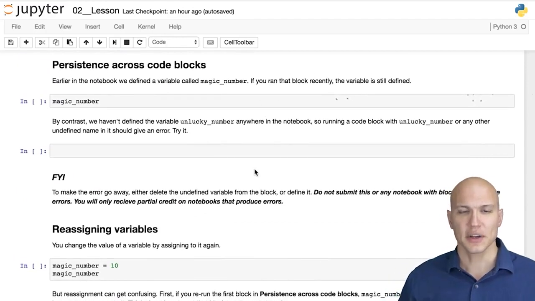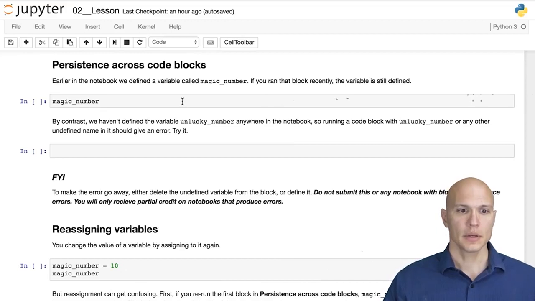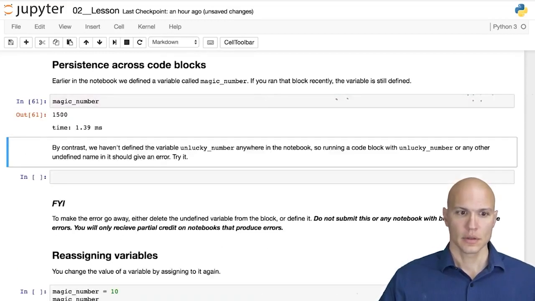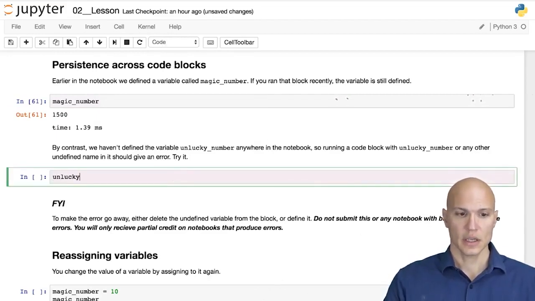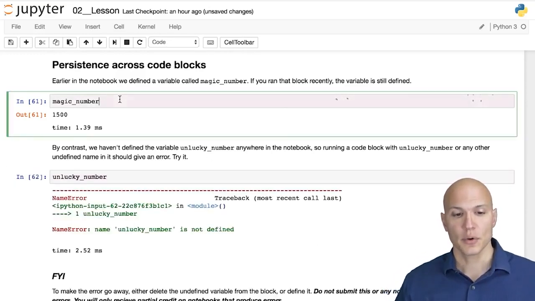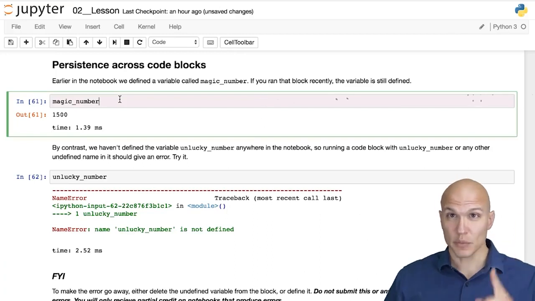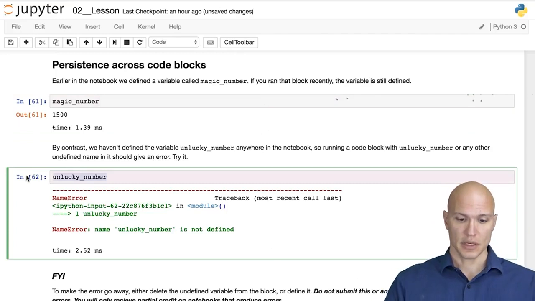Okay, persistence across code blocks. What do I mean by that? Well, magic number means something. We've assigned it. But we haven't defined unlucky number anywhere. Okay, so we should get an error when we run this. That's fine. So the important thing to remember is we defined magic number way, way, way up there, and it still runs. And if we type magic number here,